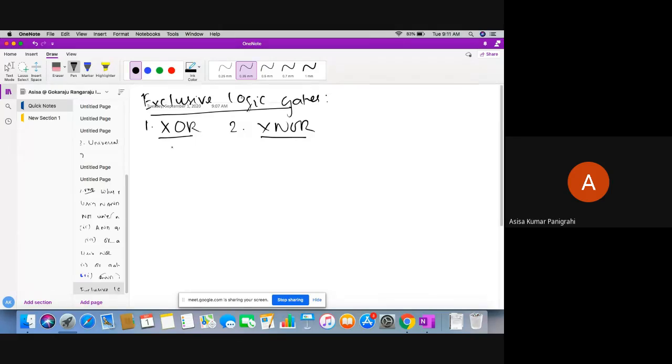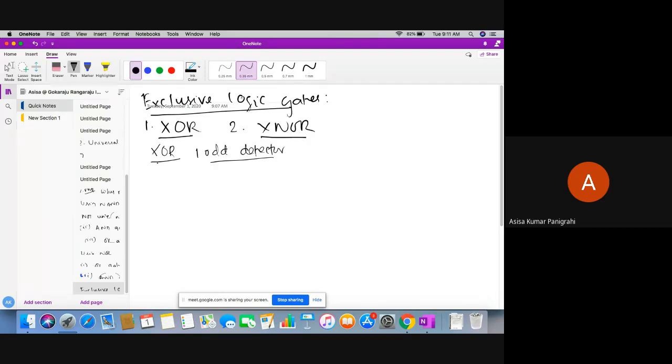I have already told you about the XOR gate. The XOR gate is also called the ones detector, which I have already discussed earlier. So what is a ones detector? If I am giving inputs of 0 and 1, it will count the number of ones over there. If the number of ones is odd, then the output will be enabled. If the count of ones is even, the output will not be enabled.